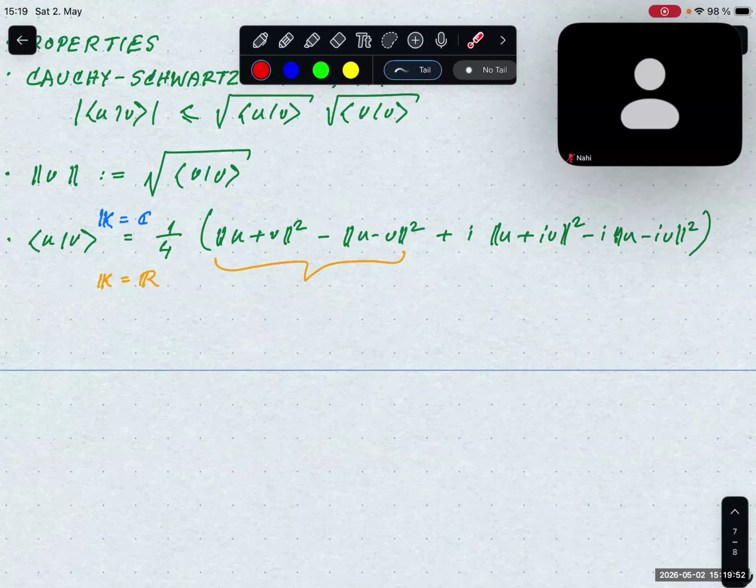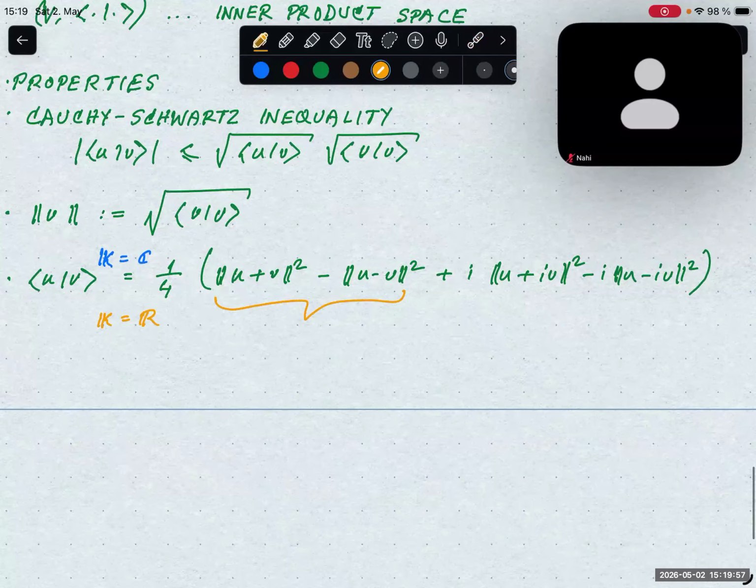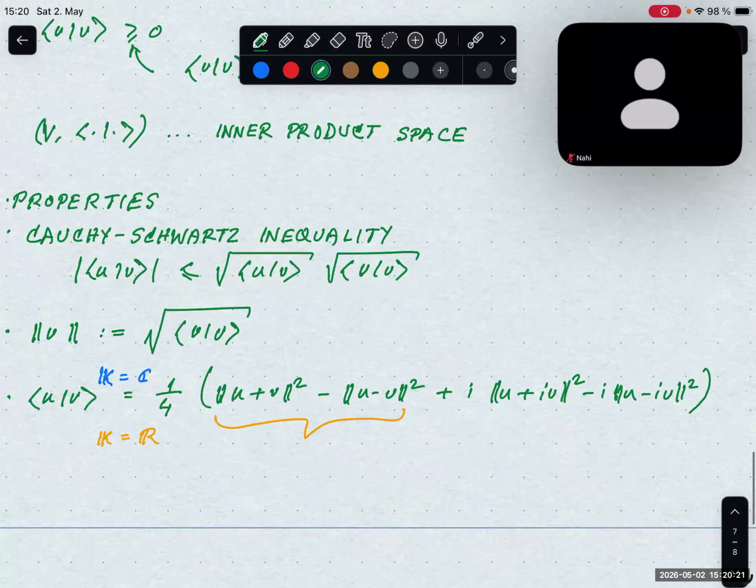Okay, so these are only a few properties I wanted to show you, and now we come to one of the main topics. Remember, yesterday we talked about complete normed spaces. To talk about completeness, we need some notion of distance, and a normed space naturally has the distance given by the norm. Now, once we have an inner product, we also have a norm,